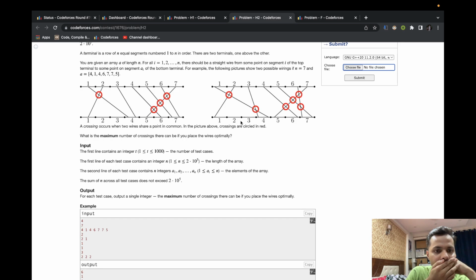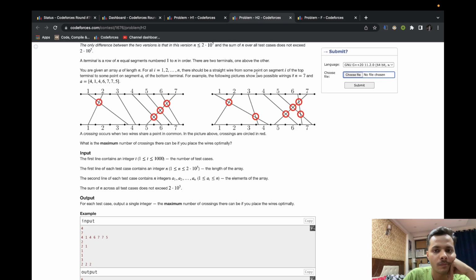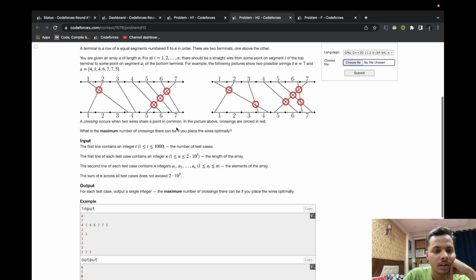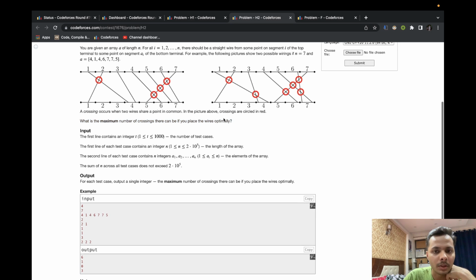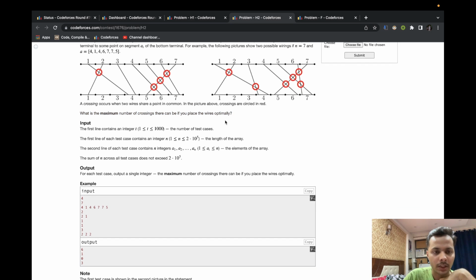I see, points can be anywhere. A crossing occurs when two wires share a point in common. In the picture above, crossings are circled in red. What is the maximum number of crossings there can be if you place the wires optimally?